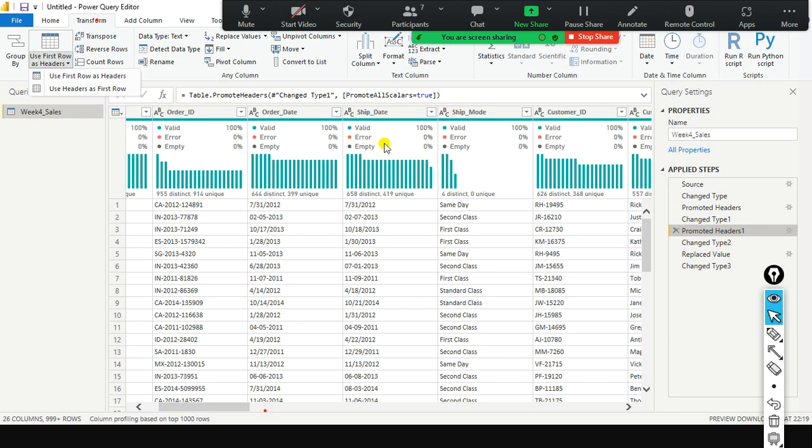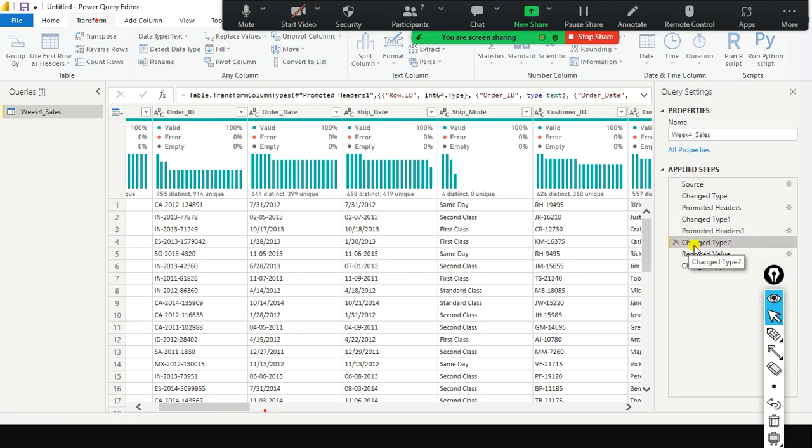These are the steps we carried out. Whatever point and click you did, it records on the right side, because in Power Query editor we don't have the Control Z option. In Word document or PowerPoint, if you type something and want the previous data back, you use Control Z to undo the changes. But in Power Query editor, Control Z is not available. Instead, it records each and every step just beneath the applied steps. Change data type to